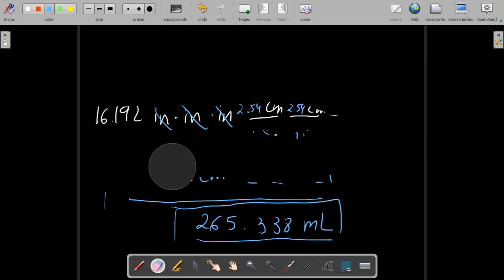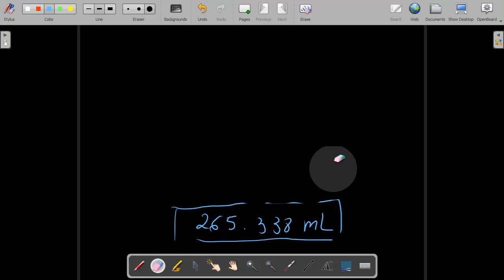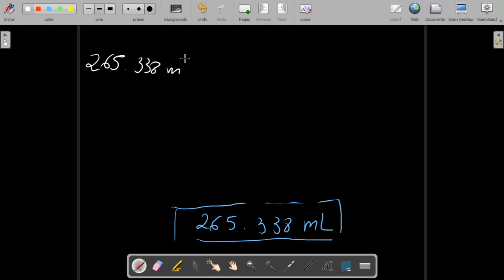So let's erase all this information. Leave that there because you're going to need that number. And I'm going to do a different color so we don't get confused. I'm going to go back to white. So what do you do? Well, you start with the number they give you, or that you found, 265.338 milliliters. I open my fraction for the factor label method. I put the units I'm trying to get rid of at the bottom, the new units that I want at the top. And then I think, how are they related? Well, I know that there is 1,000